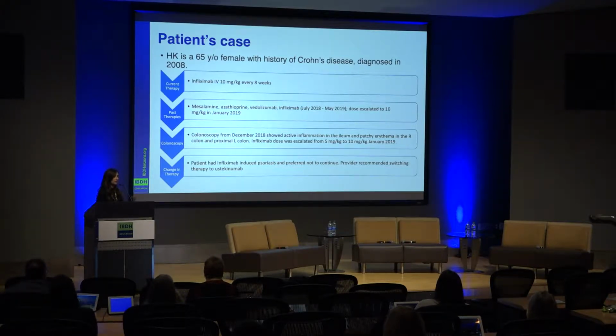HK is a 65-year-old female with a history of Crohn's disease, diagnosed in 2008. Her current therapy is infliximab, 10 mg per kg every 8 weeks. Her past regimen was mesalamine, vedolizumab, azathioprine. She had a restaging colonoscopy in December 2008, where the infliximab dose was increased from 5 mg per kg to